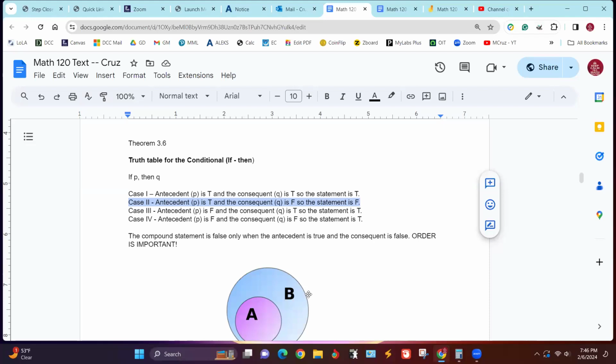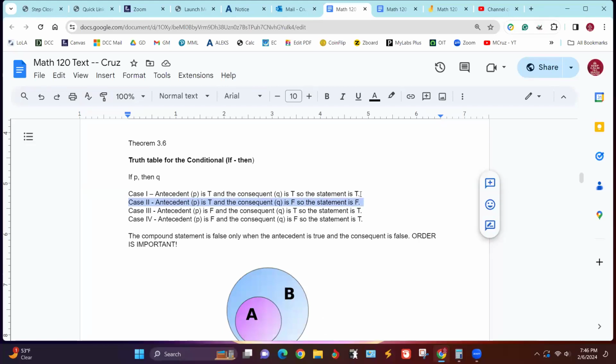Okay? So what this is, that second case, is a lie. Because if we're in A and we're not in B, we got a problem. And that problem is that's a false statement compound.